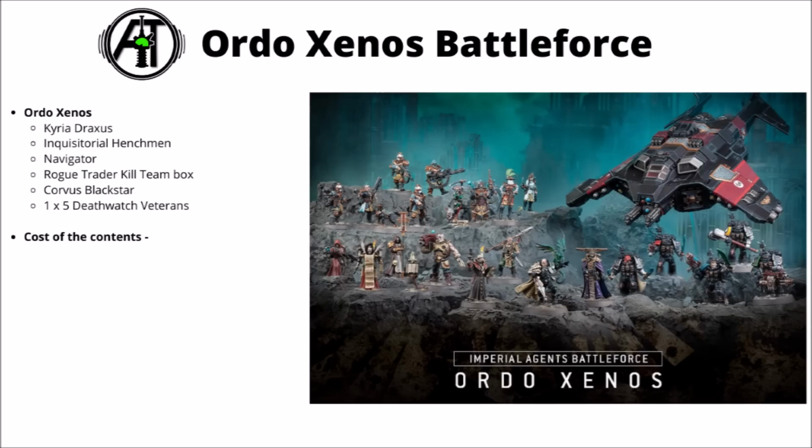Starting out though, the first of the battle forces that we have is the Ordo Xenos, the Inquisition's alien hunters, and each of these battle force boxes kind of have a theme of being led by one named Inquisitor that exemplifies their order, having at least one Inquisitorial henchman warband, and then having the sort of militant wing of their ordo. The Ordo Xenos one is therefore led by Lord Inquisitor Kyria Draxus,